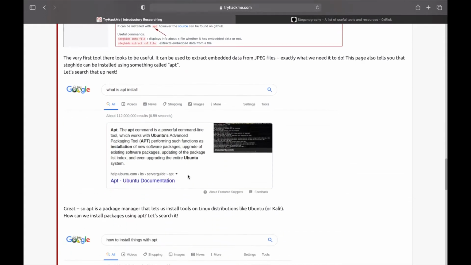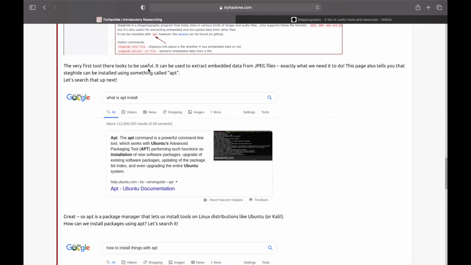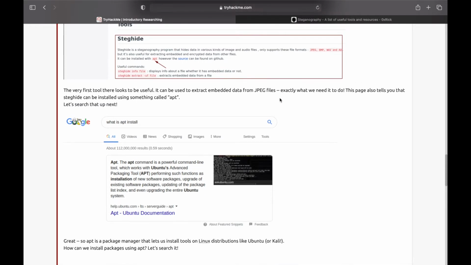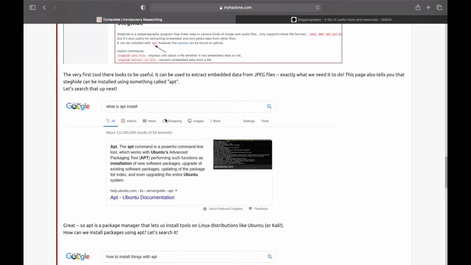Okay, so the very first tool that looks to be useful can be used to extract embedded data from JPEG files. So what we need to do is install something called apt. Let's search that up next. It can be installed with apt, right? So how to install with apt, and what is apt?